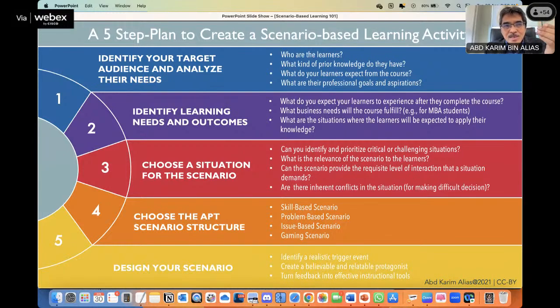Some scenarios are designed as conversational, meaning there is a conversation or chat between the characters, and at some point you are presented with questions where you need to make a decision. Turn feedback into effective instructional tools. As I mentioned earlier, feedback is one of the essential critical elements in scenario-based learning.